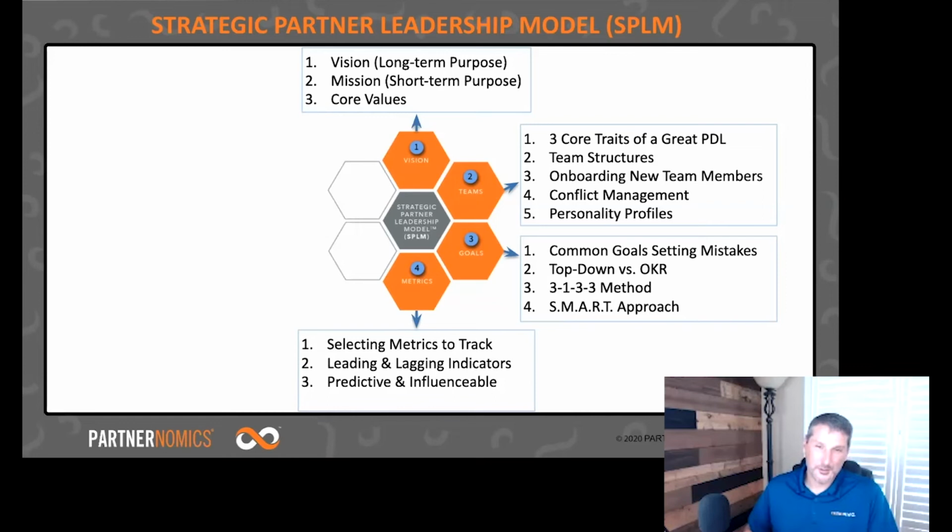Predictive and influenceable. So what does this mean? Well, we want to select metrics that are predictable and also metrics that we can influence as team members. So if we can figure out ways to push those values forward,